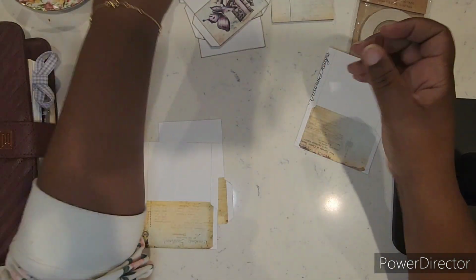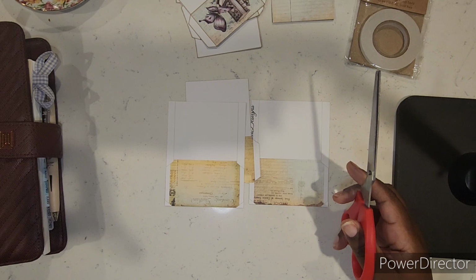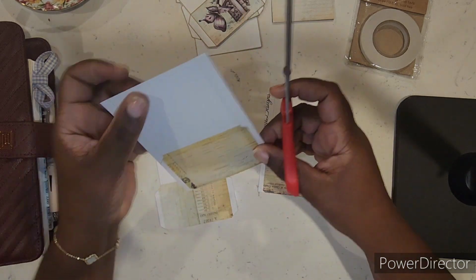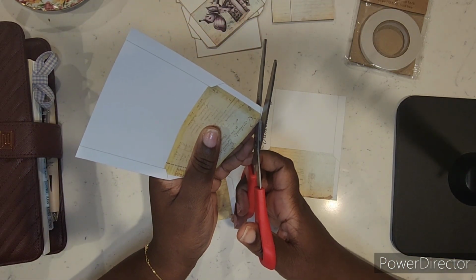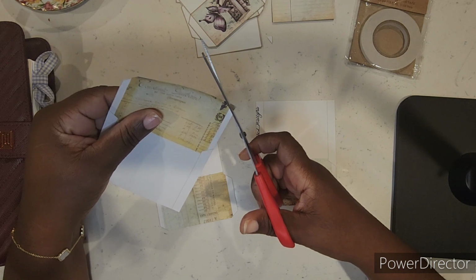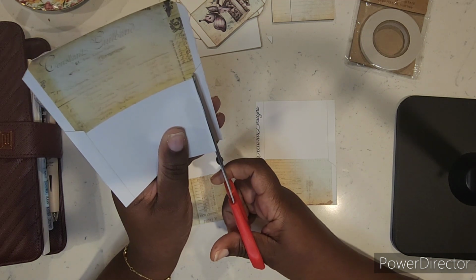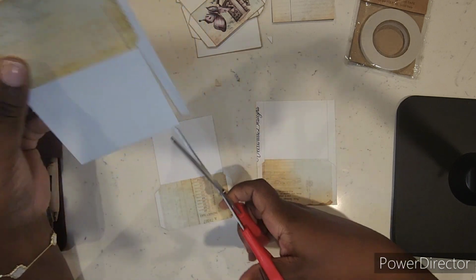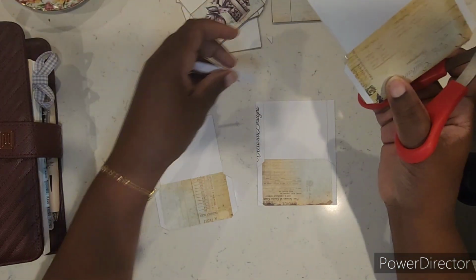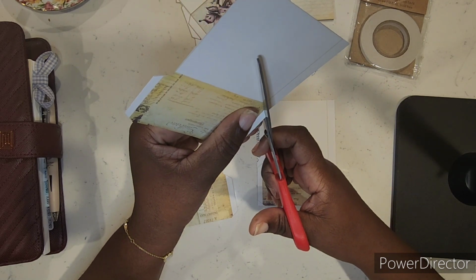But I want to show you how easy it is when you get her template. You can use your paper trimmer to get the straight lines, which I did, on the side. And then you just need to take your scissors and literally just follow where the lines are. Now, with the templates that she has, I will say that she usually makes it kind of, let's call it,